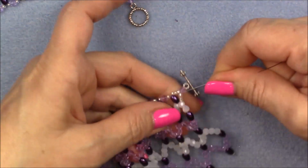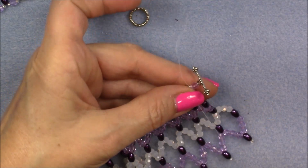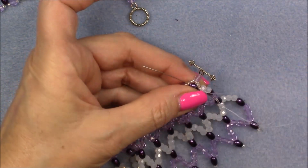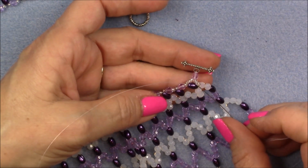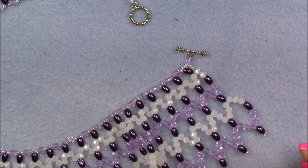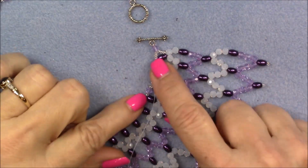Down through the 3 11-0s, and then back into the rice pearl. Sew through it one more time to secure it. After we have done that, then we will be back and we will tie off our thread and see our completed project. Okay, so I have secured my clasping now, and I'm coming out of this little rice pearl